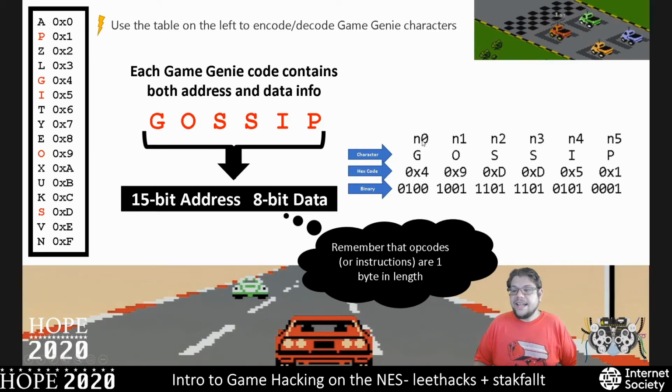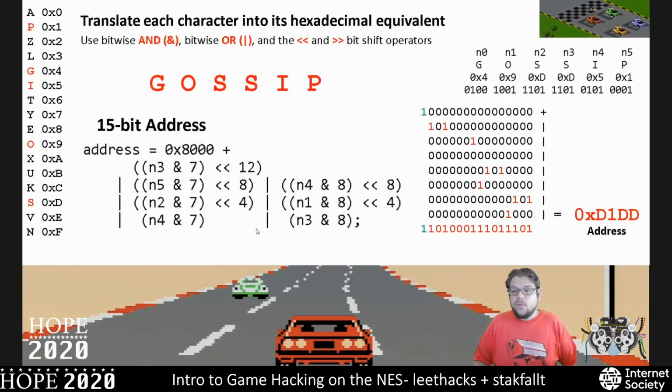So we're going to look at N0 through N5 and map each one of these characters to their hexadecimal equivalents. Okay, so the G, if we look at the table here, represents hex value 4, the O value 9, the S value D, the I value 5, and the P value 1. Okay, great. So now that we know that, we can actually look at the equation to figure out what address